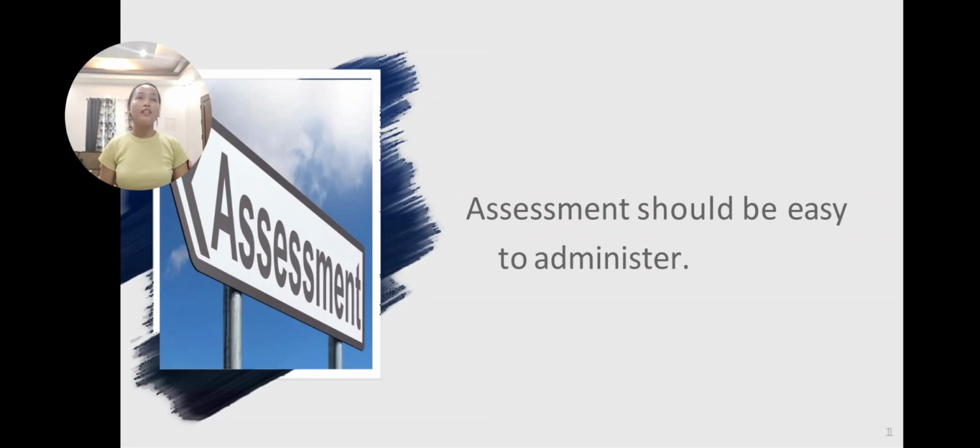So on the other hand, the summative assessment. So if interim assessment are actually